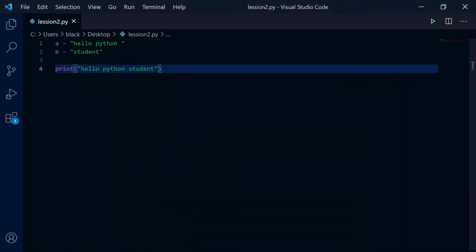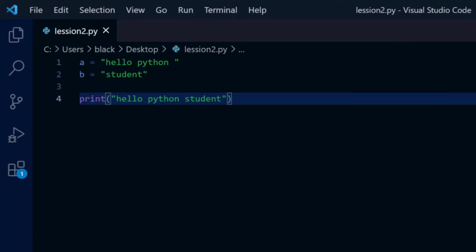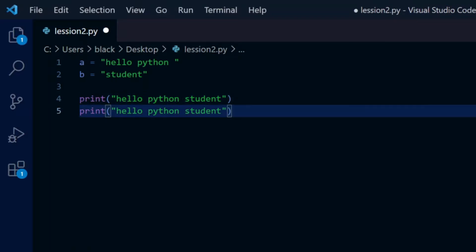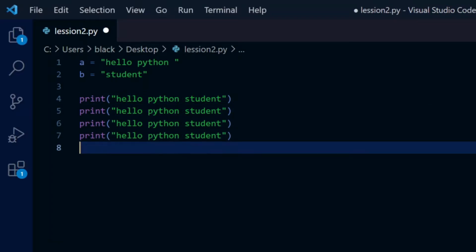And now let's say we have to do this thing 10 times and so on. If we copy this, it is very hard to copy and paste this thing again and again, and also it takes a lot of space.